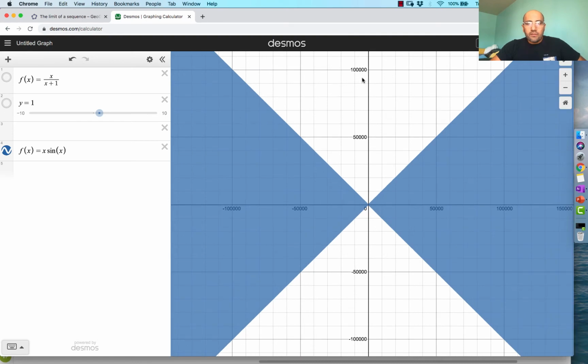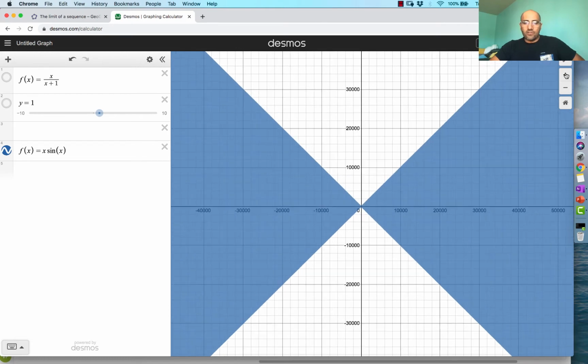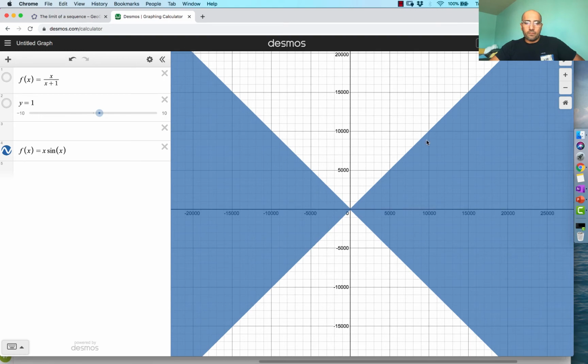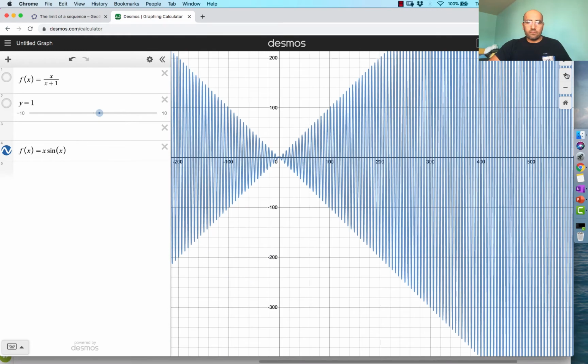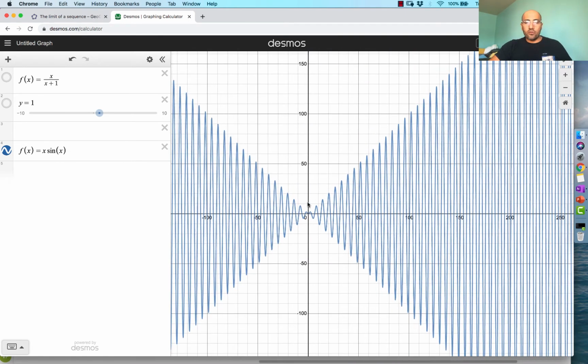No matter what value I choose, say 100,000, it can always go past that value. But it's really oscillating, right? I know it looks solid, but it's not solid. We saw that when we zoom in, it's actually oscillating up and down. So this fails the definition of the limit going out to infinity, because there isn't a point where every single value beyond that will be above M.